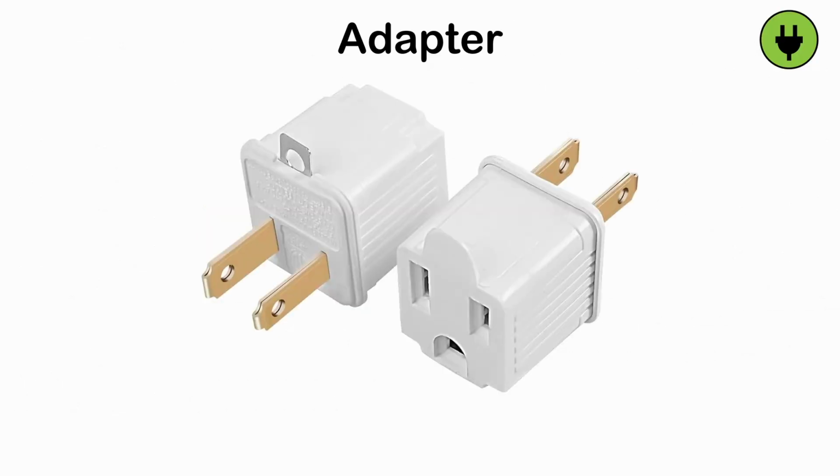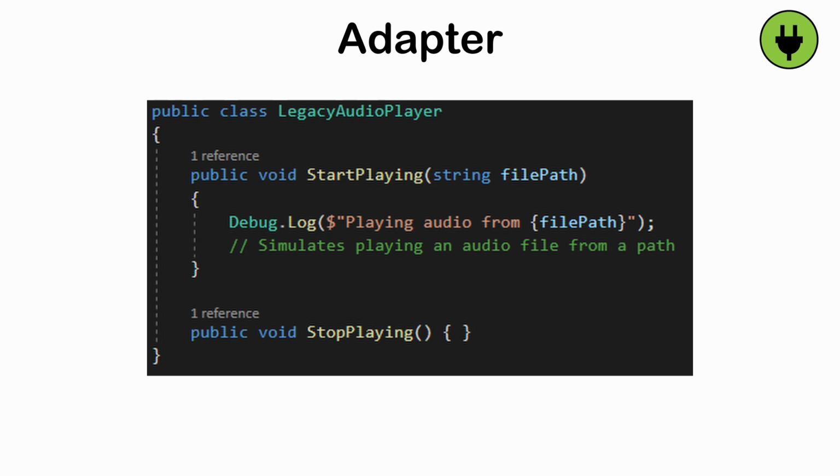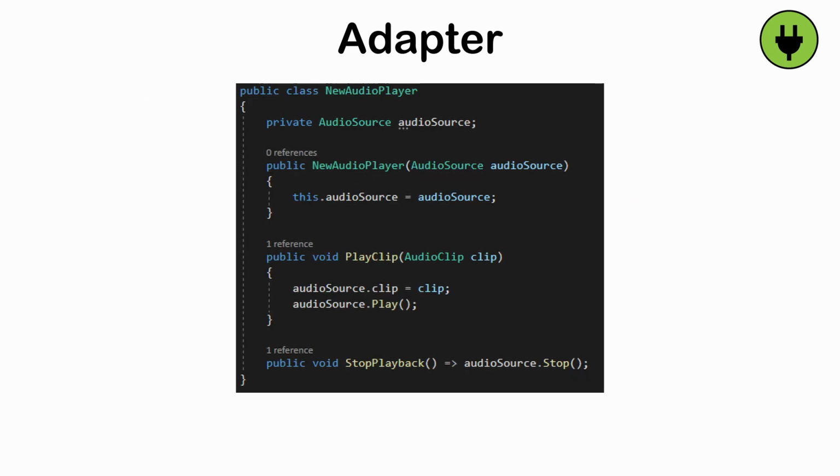If you've ever tried to plug a 3-pronged device into a 2-pronged outlet, you know you need an adapter. Similarly, this pattern acts as an intermediary, translating one interface into another that your system understands. For example, in game development, you might need to integrate an external library with your game engine. The library might have a different API than your system expects, so you create an adapter class to bridge the